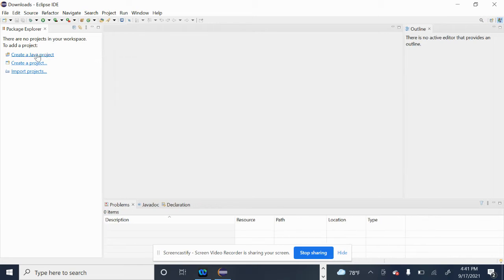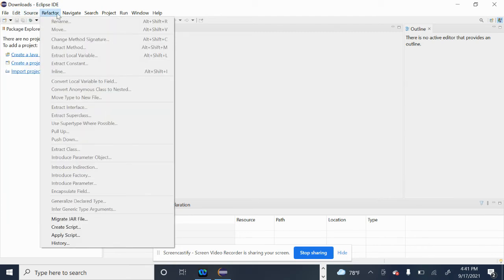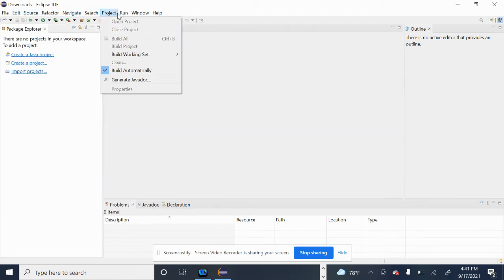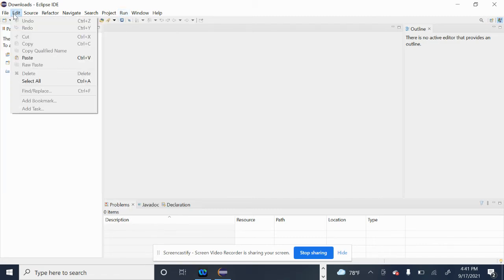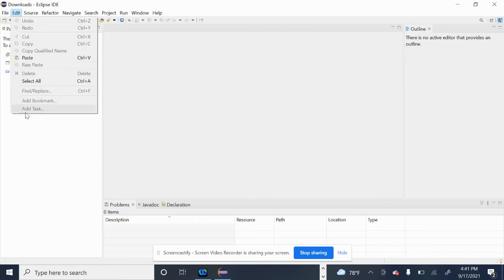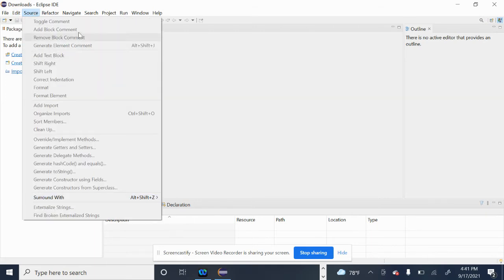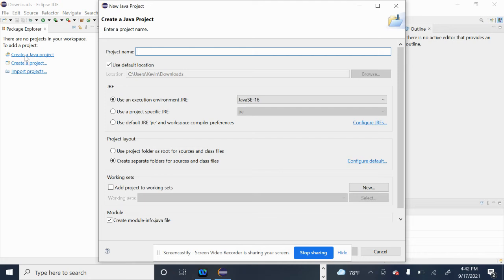So the next thing you want to do is just get familiar with the file, edit, source, refactor, navigate, search, project, run, window, and help. If you're new to Eclipse IDE, you're going to want to go tab by tab and get an idea of what each tab offers. But for this video, we're just going to be running a simple hello world. So you want to click on this first link here, create a Java project, and we're just going to name it